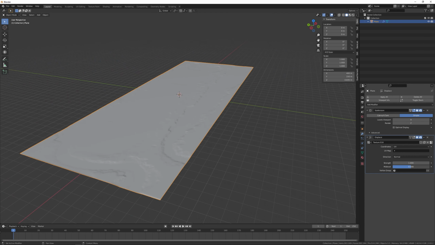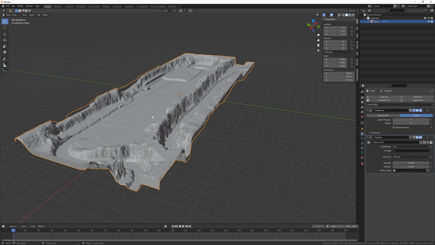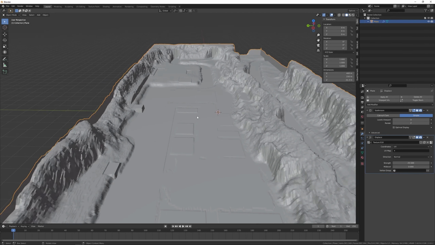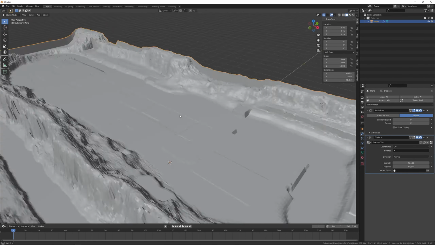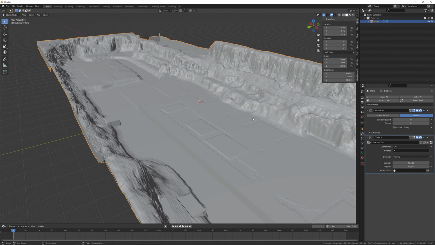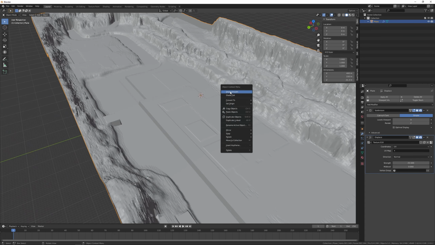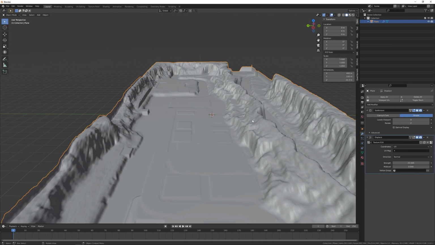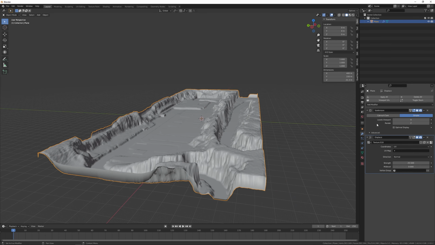We change the mid level to 0, and we set this strength value to 25.5, and tada! There you have Fruström in Blender. You can right click and do shade smooth. That's nice. I think this is also from some add-on I have enabled, so you can just use it.